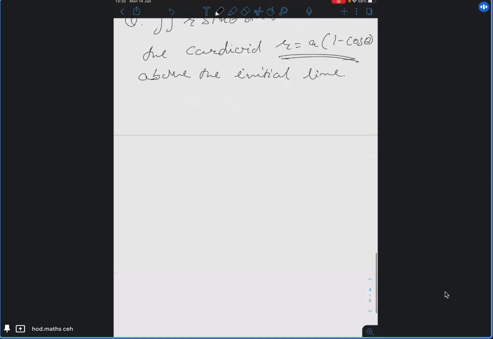Okay. So if you draw the cardioid, this is the y-axis, this is suppose the x-axis. So your cardioid is something like this actually. This is your cardioid equation, according to r is equal to a into 1 minus cos theta. It can be r is equal to a into 1 plus cos theta, or maybe minus a you can have, or instead of cos you may have a sine term also.